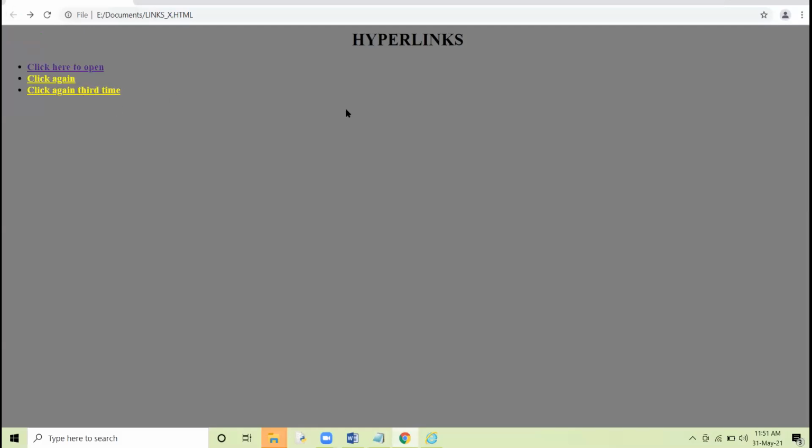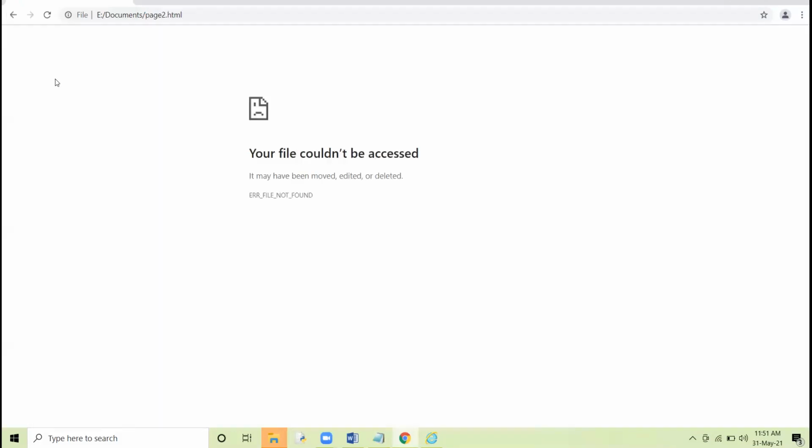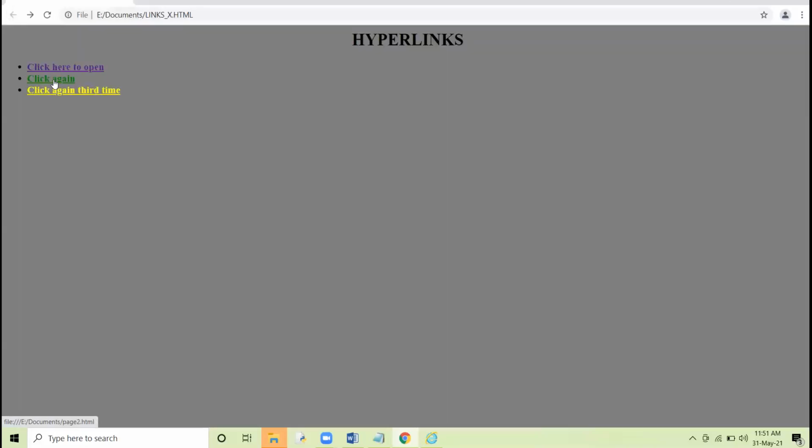Now see here, list with link, list with link. These are the three hyperlink and they are associated with the unordered list, and the unordered list is in the disk form, solid dark circle. I click here, I get connect to this web page. मैंने ये web page नहीं बनाया हुआ, that is why this message is coming. Now see here, the moment I click, the color becomes green.